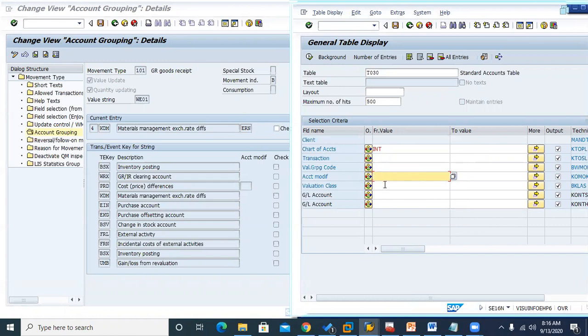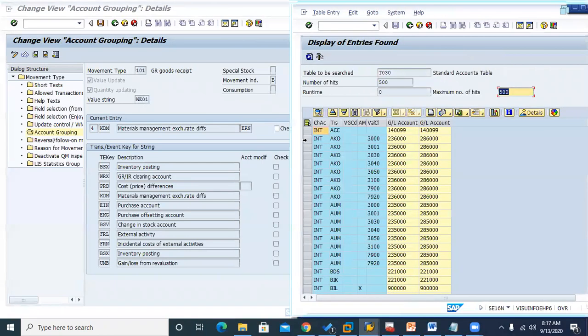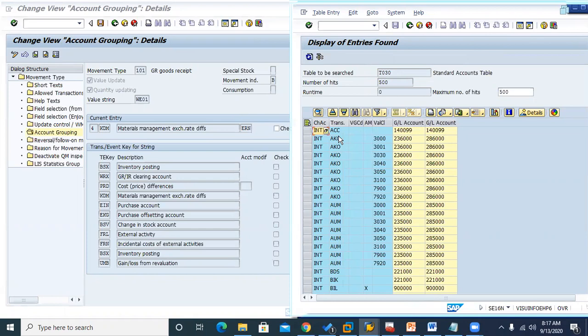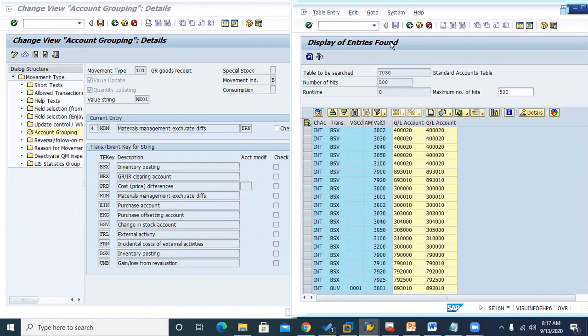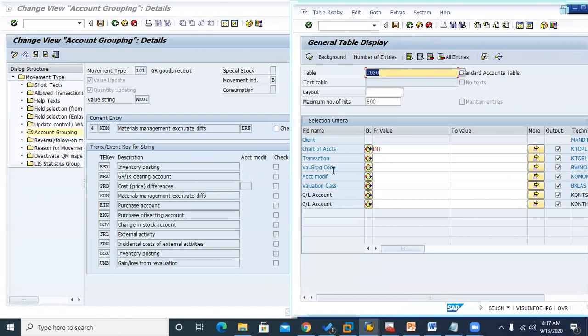Fund modifier. So whatever we know, we will put it here. And let me open this. This transaction key here is being called with a different name. This is not a transaction key. From this T030 point of view it is the transaction key, but we are confusing it; it is not in our table.